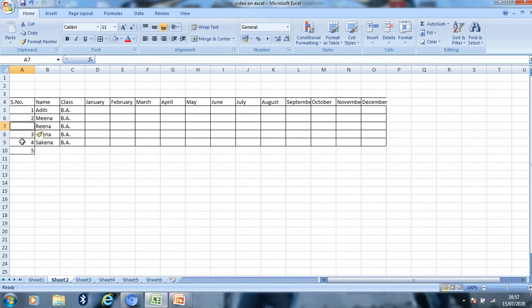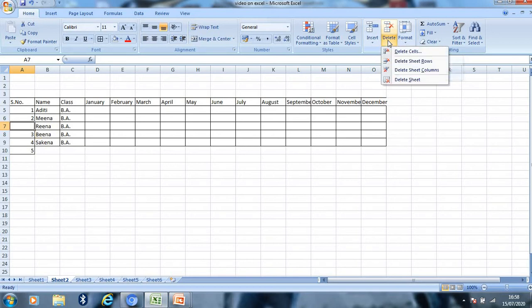Likewise, if I want to delete a particular cell, then select that particular cell. For example, the cell which I have currently inserted, I want to delete that cell. So I have selected that cell. I have to first select that cell and then click on the delete command that is present on the ribbon above.